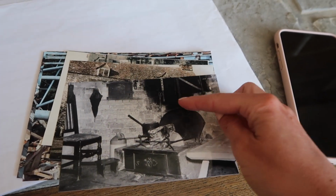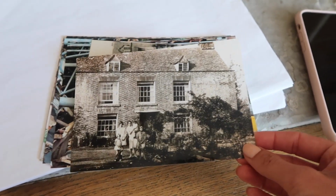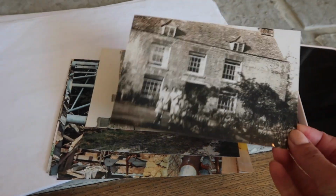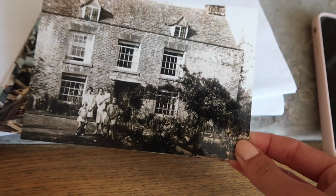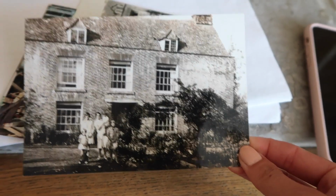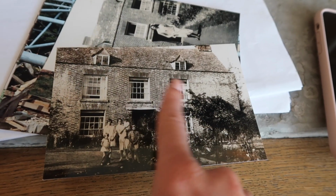There's an old brolly hanging there and gosh, look how messy the wall is from the fireplace. That has been beautifully cleaned. Gorgeous picture of the front of the house. Again, it's a shame I don't know when these pictures were taken. It doesn't have the little digits on the side, but that would have been a very early camera, that is for sure. Obviously, when this house was first built, cameras had not been invented, but we still have the same